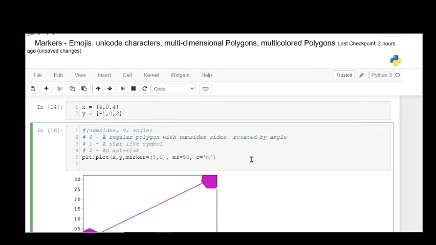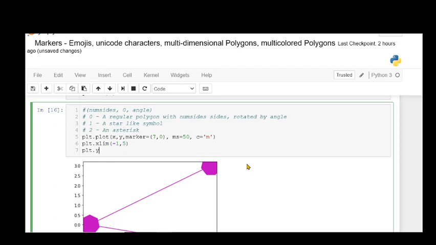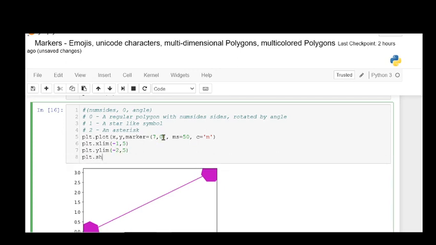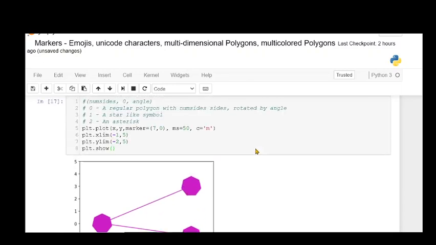Just let me increase the x limit and the y limit so that it is clearly visible. So 1, 2, 3, 4, 5, 6, 7. This is a 7-sided polygon.